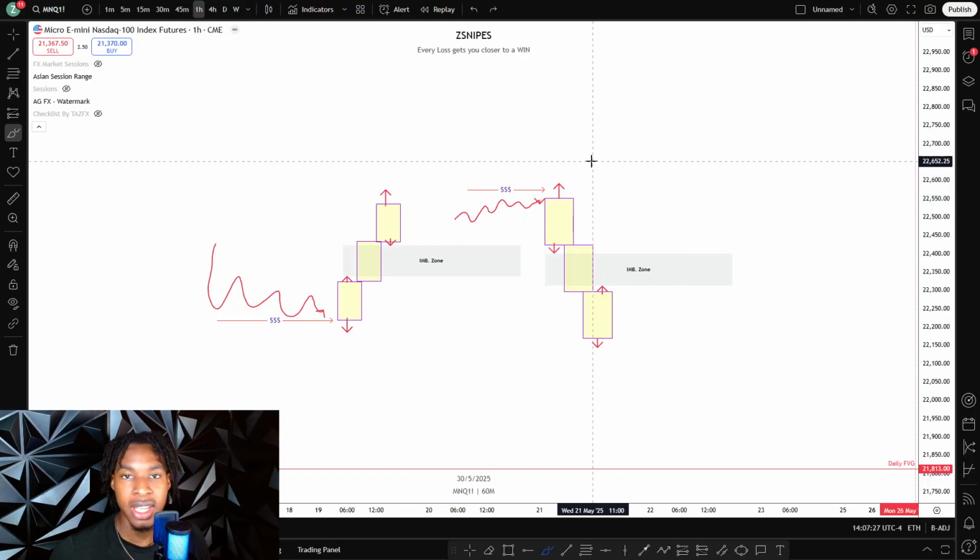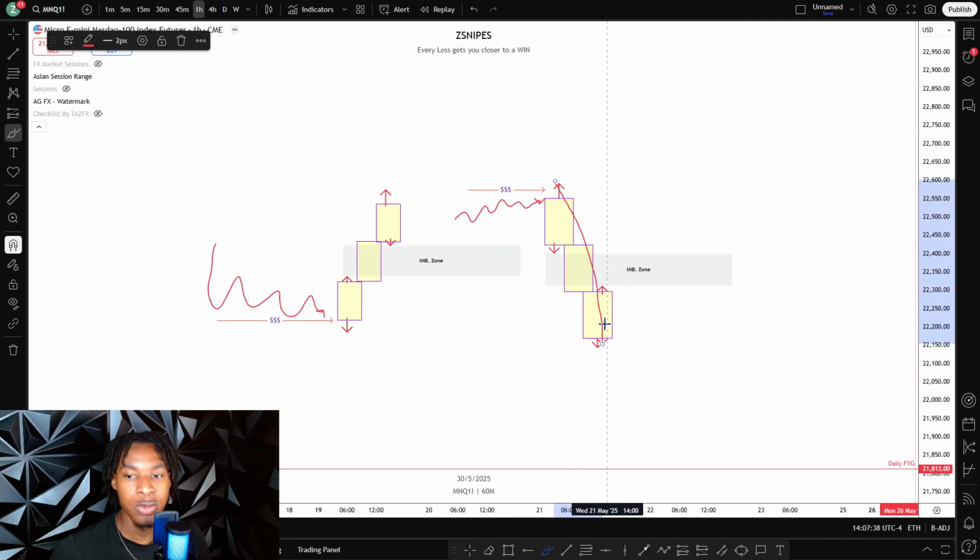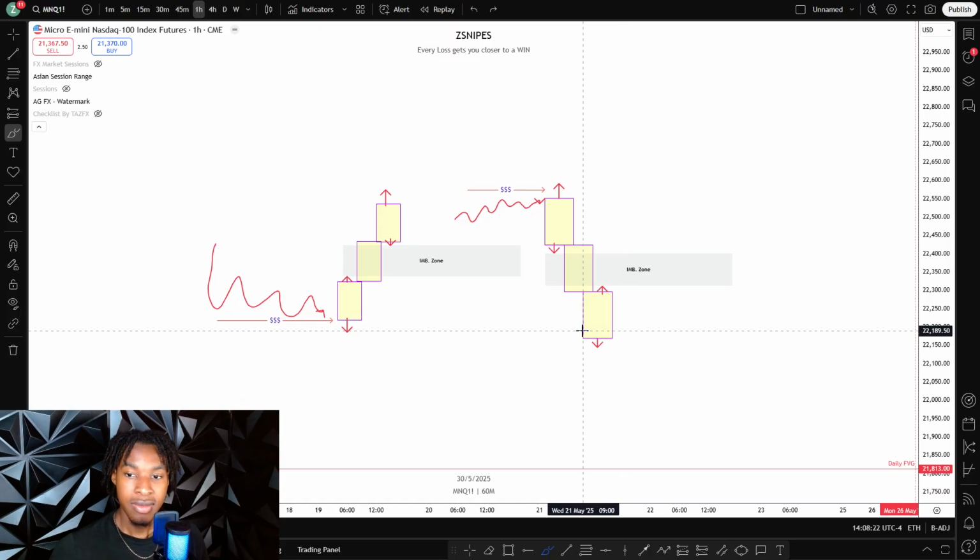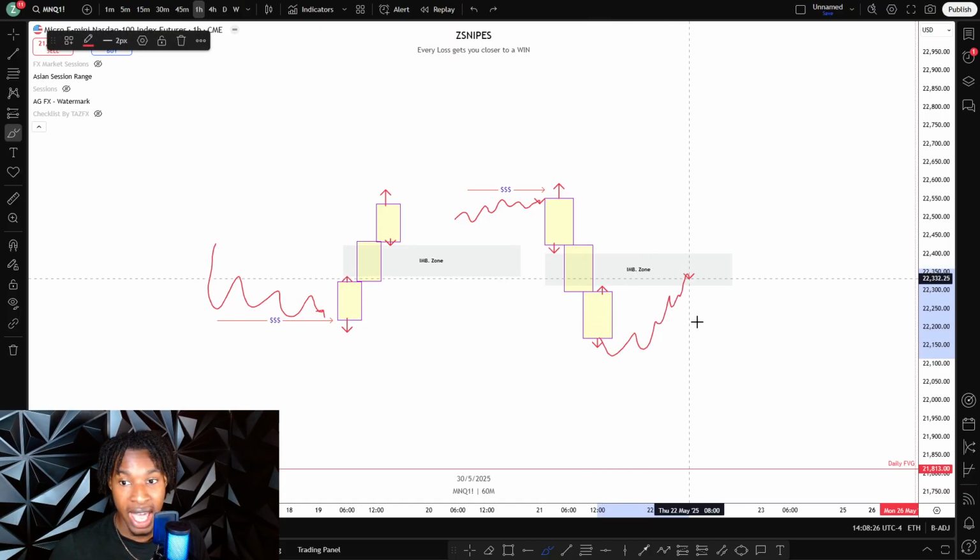Sweep a point of liquidity, whether it's previous day highs, Asian highs, London highs, whatever the highs are, right? A good high for the market to sweep. Once the market sweeps those highs, you're going to have an impulsive move to the downside that creates a bearish fair value gap. Most of the time, the market likes to just come back and fill the gap and continue